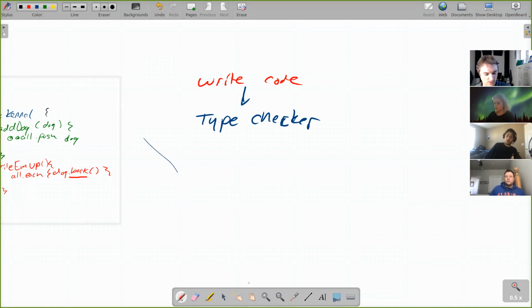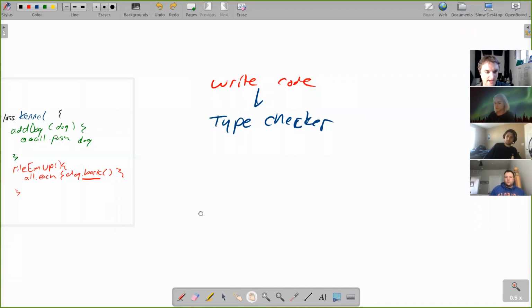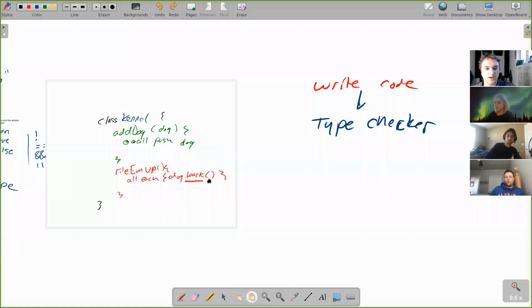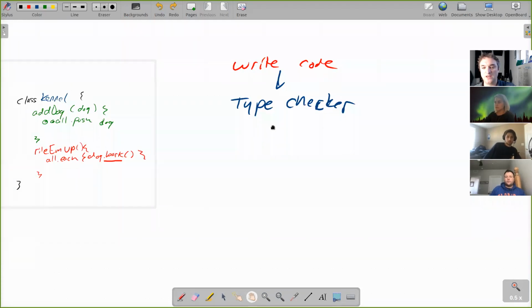It looks for you doing things like calling .bark on something that isn't guaranteed to have a .bark method. If it sees that that's possible in your application, the type checker is not going to even try to compile your code because it didn't pass type checking. And then after that, it compiles.